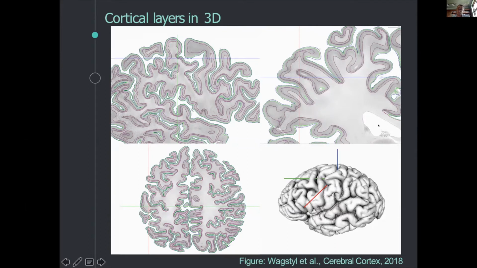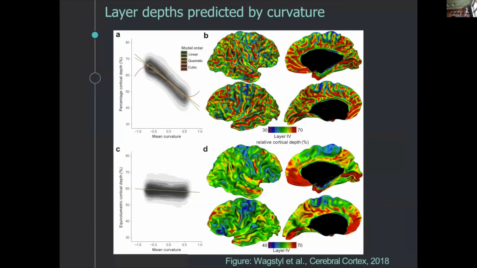So this was the first piece of work we did, identifying laminar structure and laminar features within the cortex. One of the things we noticed, which was really nice to see, was that this layer 4 surface, if you look in a sulcus up here on the top right, is very deep and close to the white matter surface. Whereas in the adjacent gyrus, it's much more superficial, much closer to the peel surface. But now that we have this 3D volume, we can quantify this effect. So we can measure the curvature of the surface, which describes if the curvature is positive, we're in a gyrus, and if the curvature is negative, we're in a